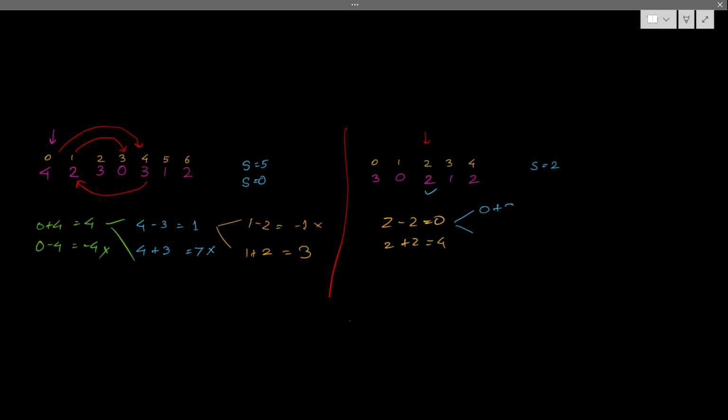So from 0 I can go 0 plus 3 or 0 minus 3. 0 minus 3, that is minus 3, is an invalid index. 0 plus 3 is the third index, so I can go to third. Okay, so let's draw it as well. From 0, I can go to 3. Okay, so after that